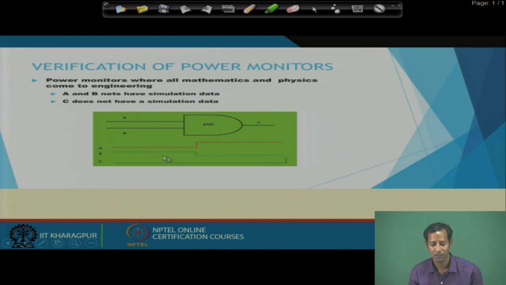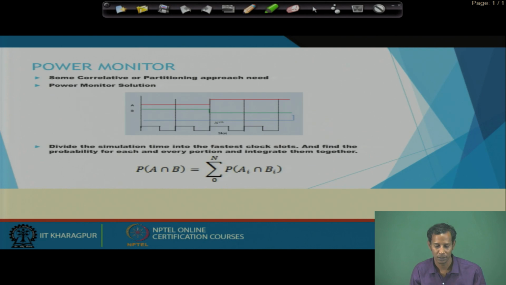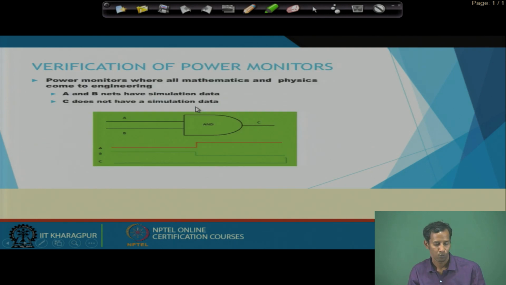At that time, depending on this, how can we do this verification? Just like in simulation, we apply some inputs, that means the waveform. Here also we can see how much power is consumed in terms of this waveform, and that will be very easy to interpret as the corresponding power signals or the power consumption.